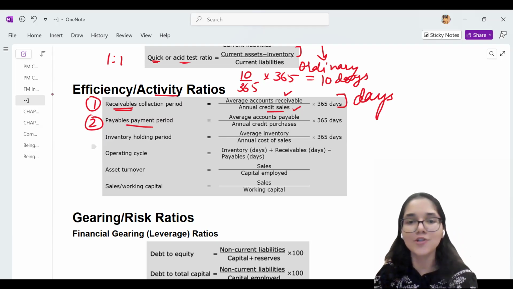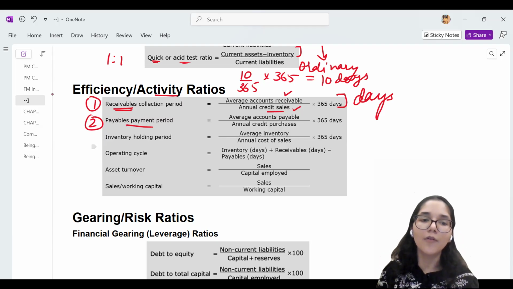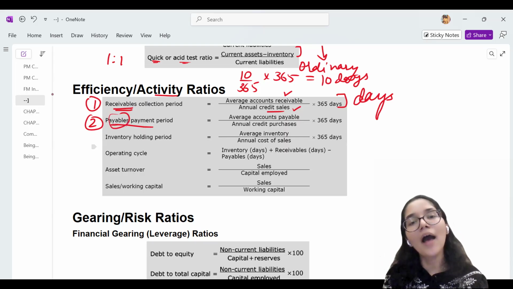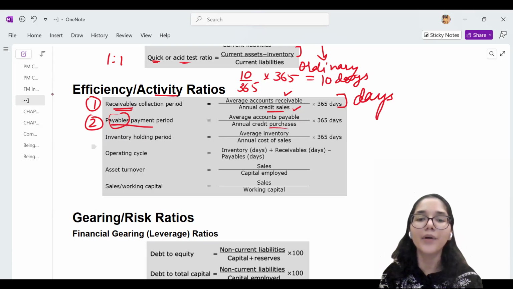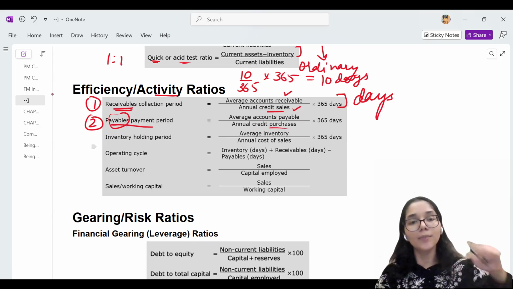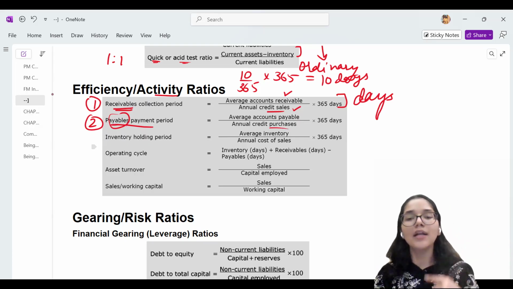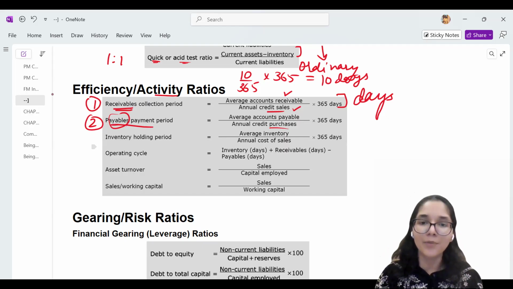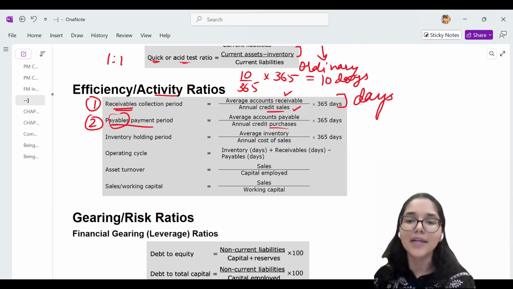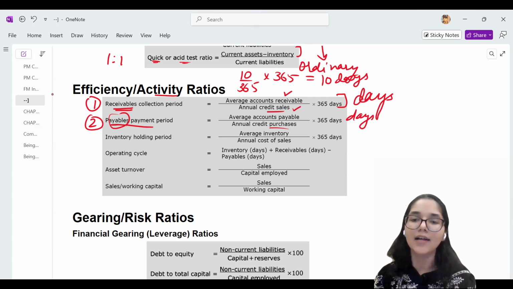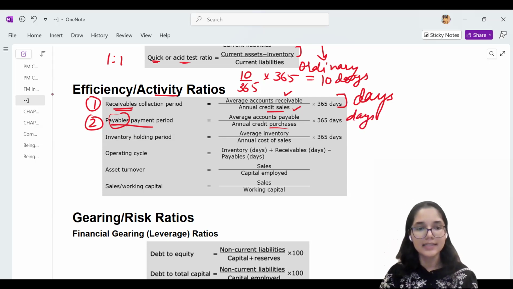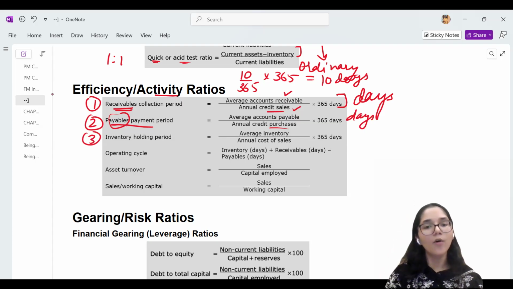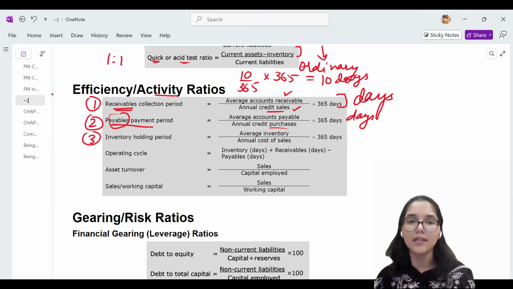So the formula logic remains the same. Numerator, what you're calculating, that is about the payables. Denominator is why you have the payable balance, because you purchased things on credit. You did not pay the money right back then. So now you have to pay the money later, which makes it a liability, which makes it a payable for you. So you multiply this by 365 so that you get your final answer in terms of number of days. Then the same thing is with your third ratio, that is the inventory holding period, where the numerator is inventory.